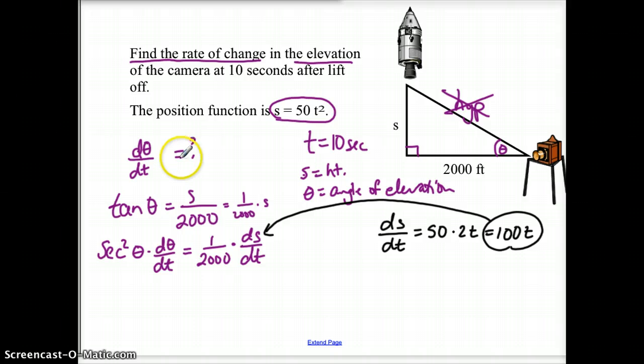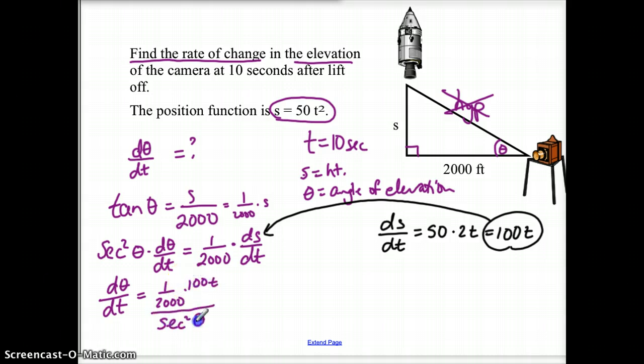d theta dt is what we're trying to find. What's our angle of elevation? We're going to call that theta still. We're going to leave that as theta. So far we've got secant squared theta times d theta dt equals 1 over 2,000 ds dt. We're going to put 100 in there. We're also going to divide by secant squared. So we can get d theta dt equals 1 over 2,000